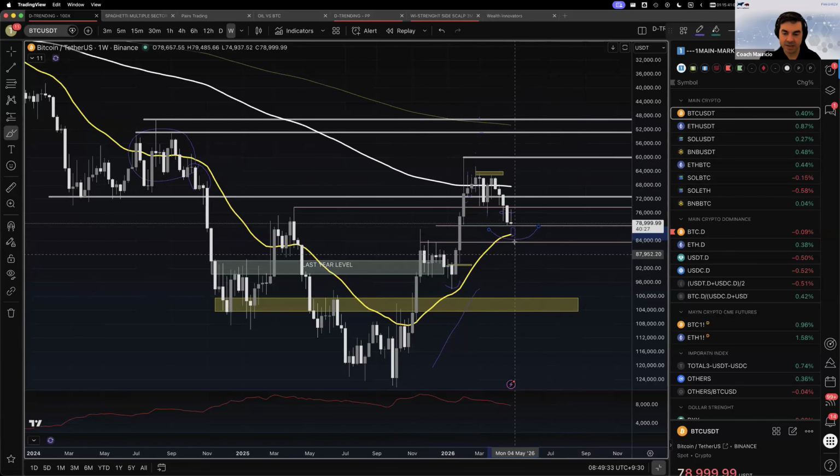Anyway, let's come back to this. So from that perspective, this is a really good setup, right? Would you agree? This could do something like that from that perspective. Okay, right? So another setup is this thing comes back down right here, which is the 84 level, the one that I've been watching, and then bounces out to things like this. Or we can actually range. Those are my three options right now.